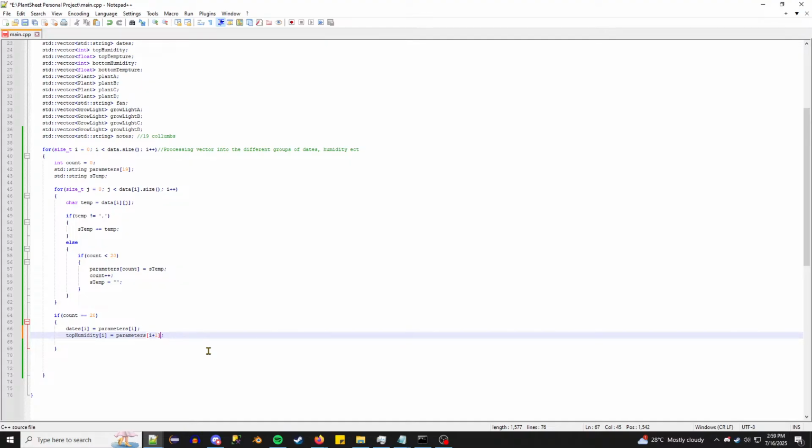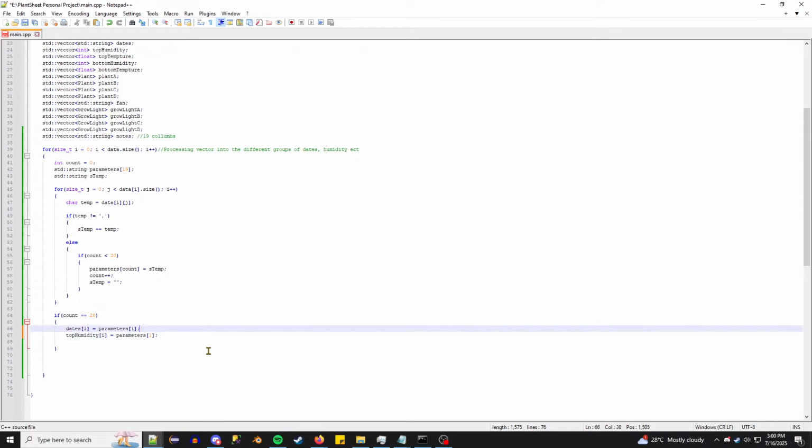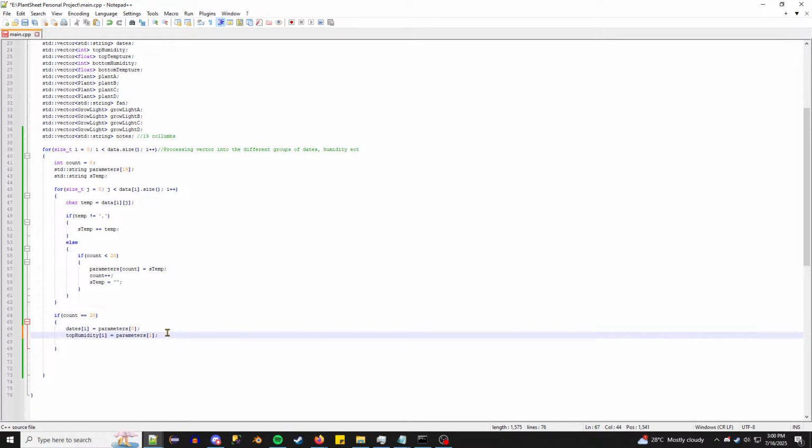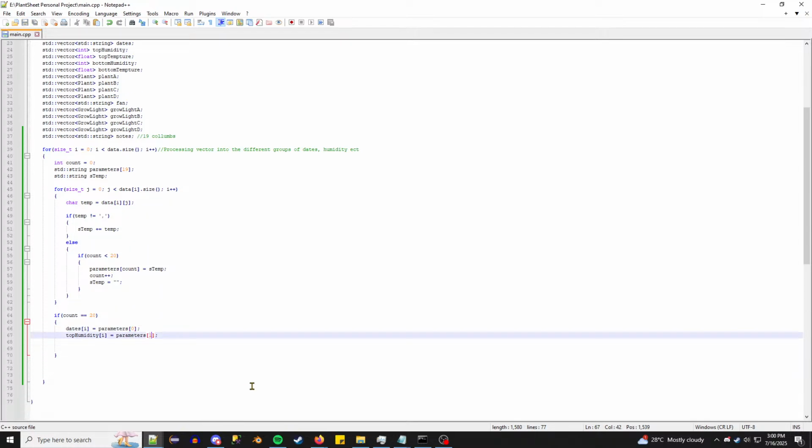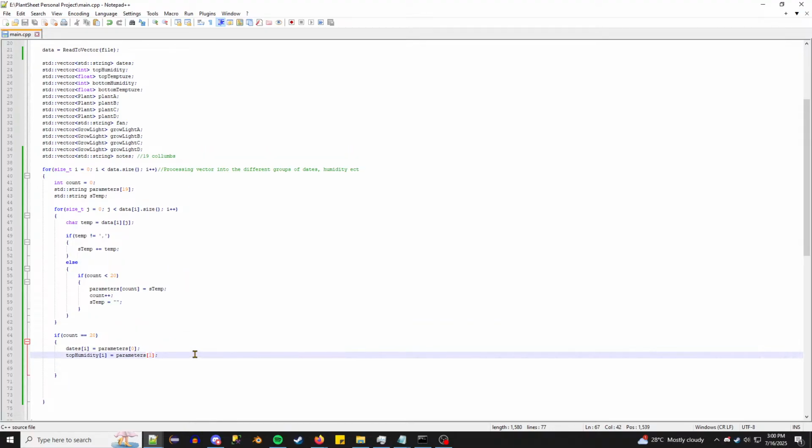Oh yes, and it's talking to top humidity 0, but then it's not talking to parameters 0. I think the parameters part of this doesn't change ever. That's what's not going to change. And top humidity does need to be fed. That parameters 1